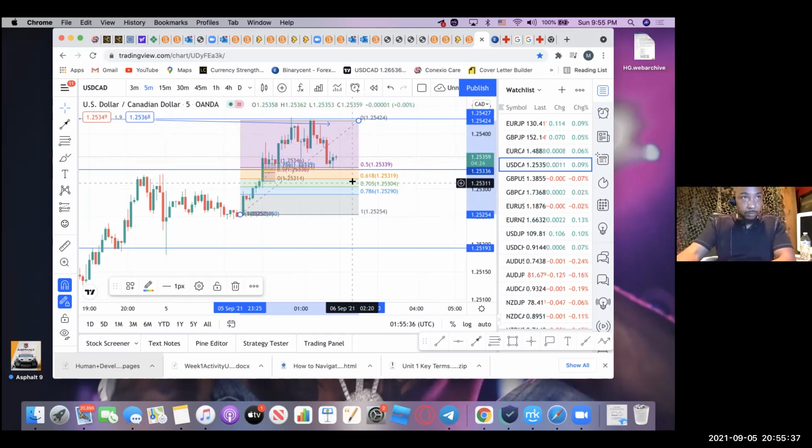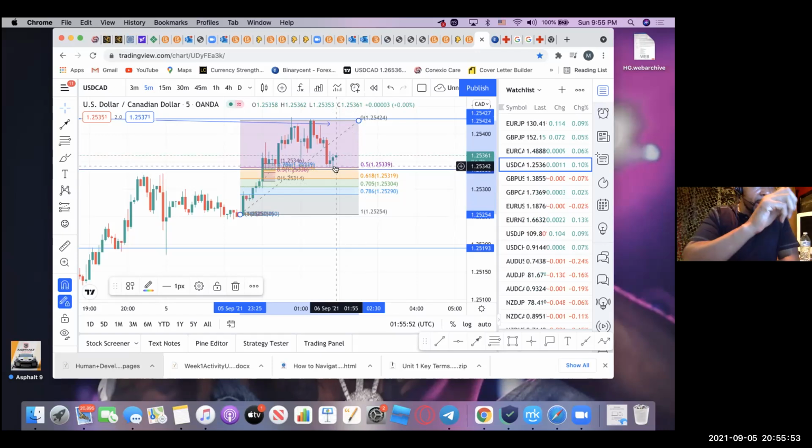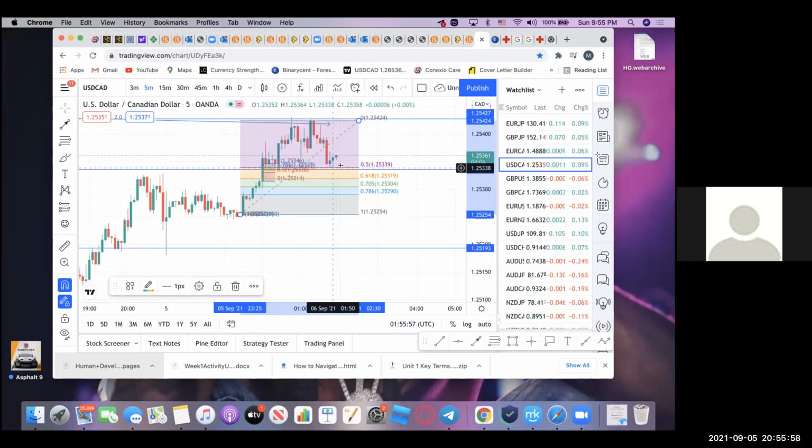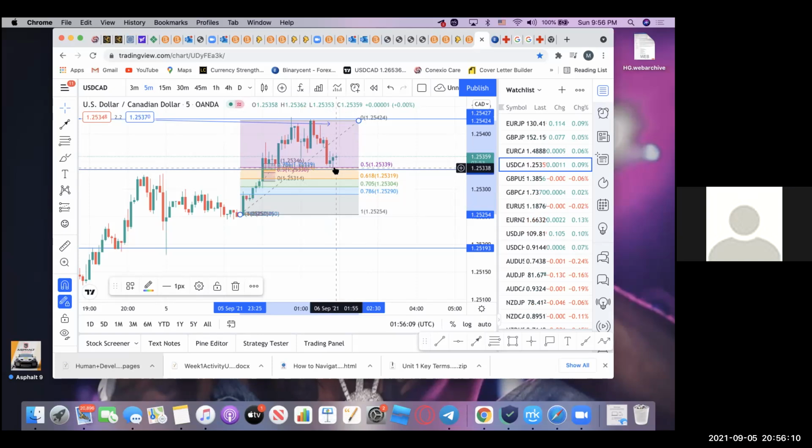Juan? Yes, ma'am. I have a question. So technically this line right now on the FIB, this is considered the resistance, right? No, remember the bottom of any candle is support. Yep. Support. So now it has 1, 2 wicks touching this bottom, right? So if you have like 3 or 4 of it, that's an indication that